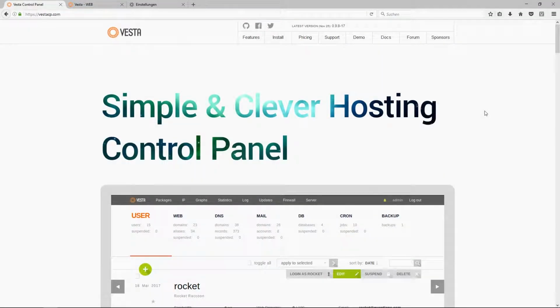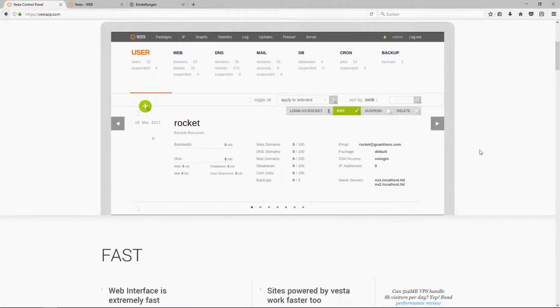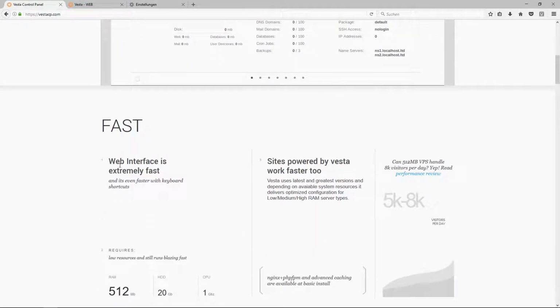Hi guys, today I want to show you how to install Vesta control panel. The company Vesta is advertising a simple and clever hosting control panel. It is very fast, the web interface is extremely fast, and they also advertise with